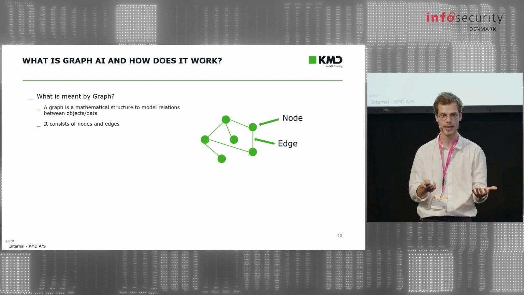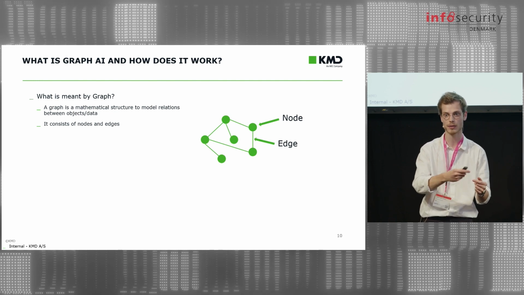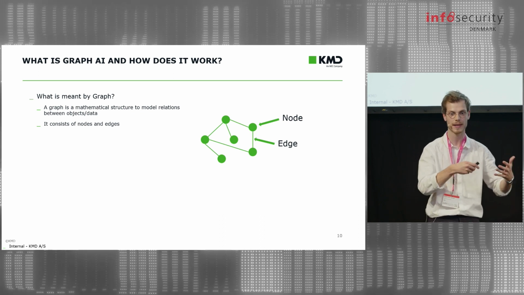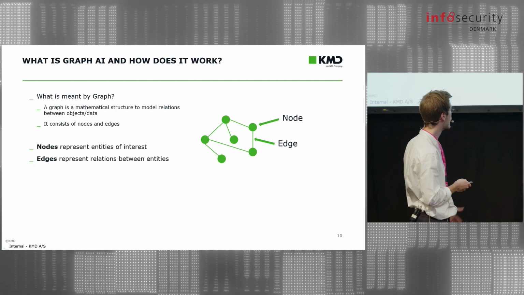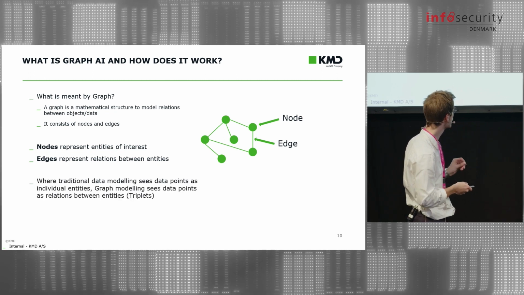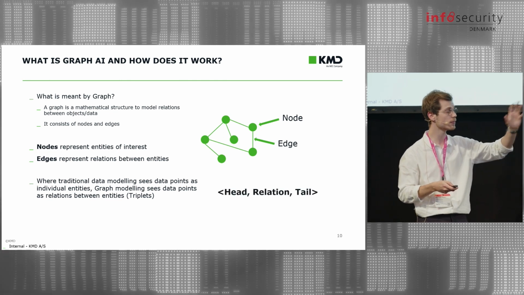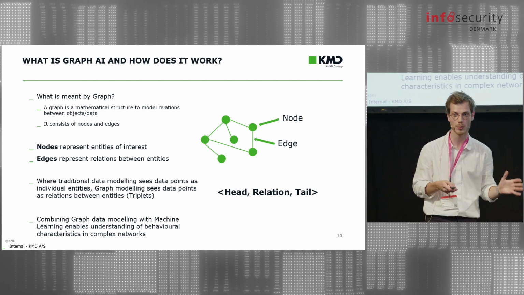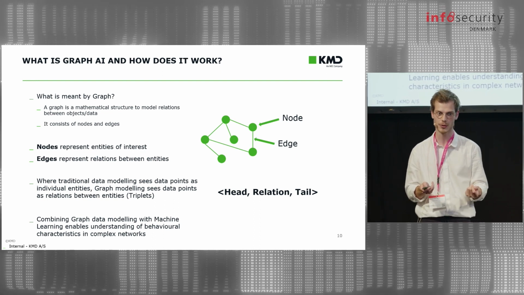A node in a network sense could be an IP address or a domain name, and the relation could be connected to, or rejected by, or belongs to, or there's a lot of different ways you can categorize and use those connections to map these complex networks. But nodes represent entities, and edges represent relations between them. And data is really seen in this triplet format, where it always has a place it comes from, going to, and some way of relating to it. Combining this with machine learning technology is really where we try to determine the behavioral characteristics.